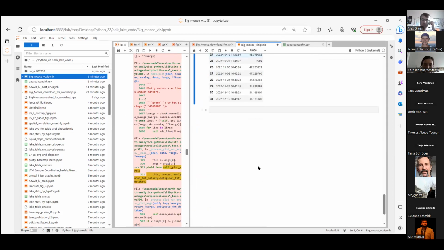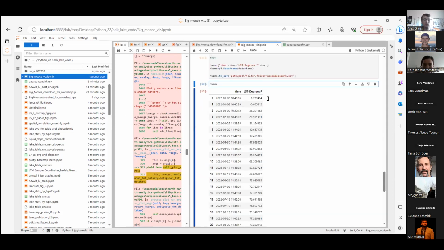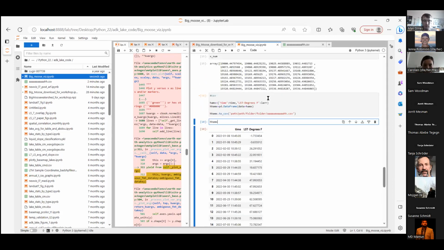Okay, let's try to get Pandas to drop this nan here. So hmax, or h max. If you want to query a specific